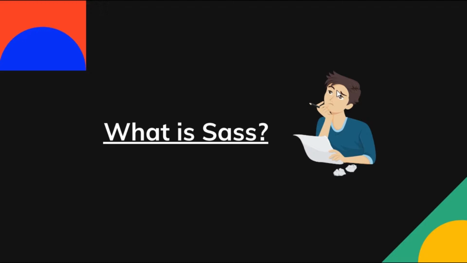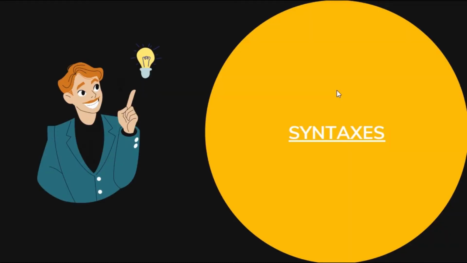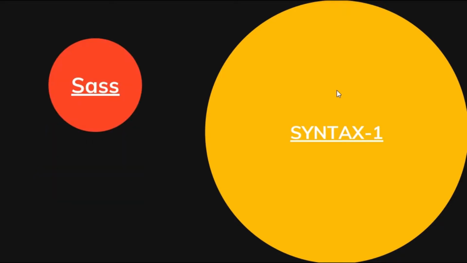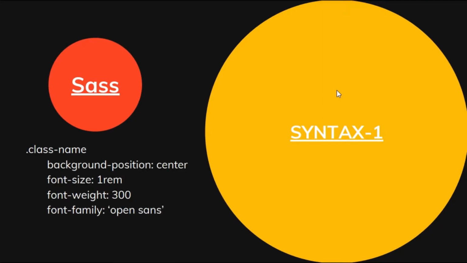So moving ahead, talking about syntaxes, there are two types of syntaxes while writing CSS in SASS. The first and older syntax is known as SASS or indented syntax. It allows us to write CSS without semicolons and curly braces, with added indentation for defined properties. It is most similar to the Python language. Files using this syntax have the .sass extension.